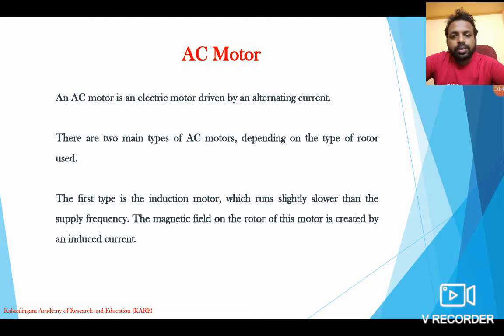When you place a current carrying conductor between magnetic lines, the conductor experiences some mechanical force, right? This mechanical force tries to rotate the rotor inside the electrical motor. It is a basic principle, and this induced mechanical force follows Fleming's left hand rule. So these are the basic principles behind the operation of AC motors as well. AC motors operate with alternating current and produce mechanical power output.